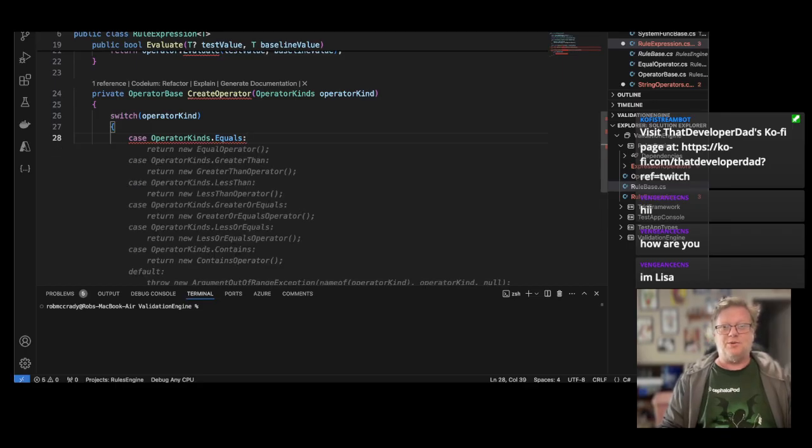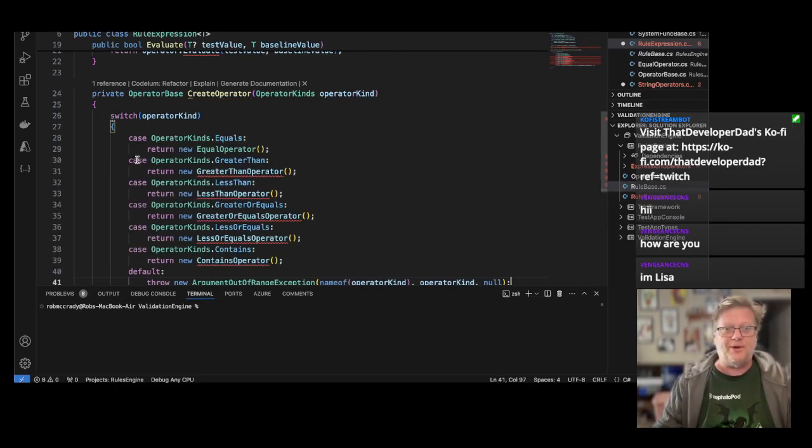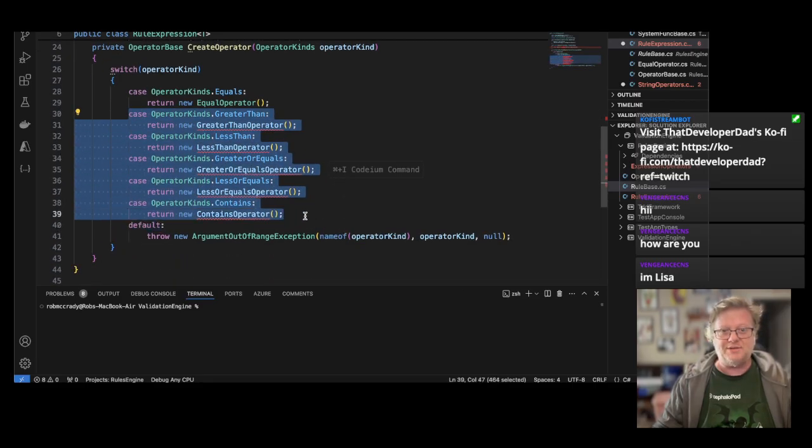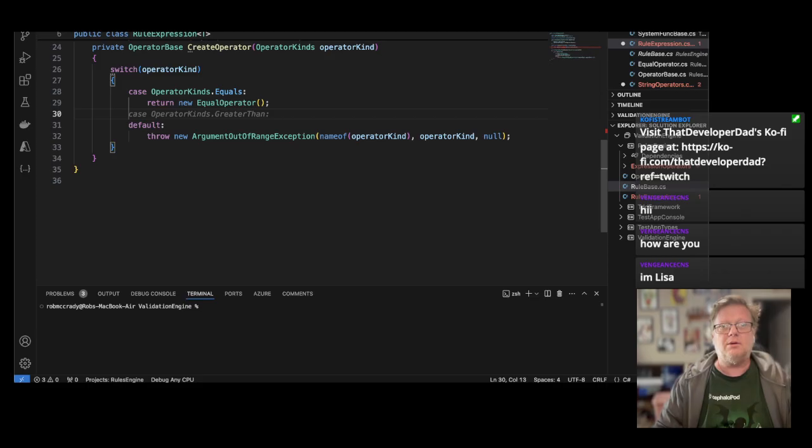Case operator kinds equals, we're going to return a new equals operator. Now, we don't have any other operator bases declared yet. But as we implement,